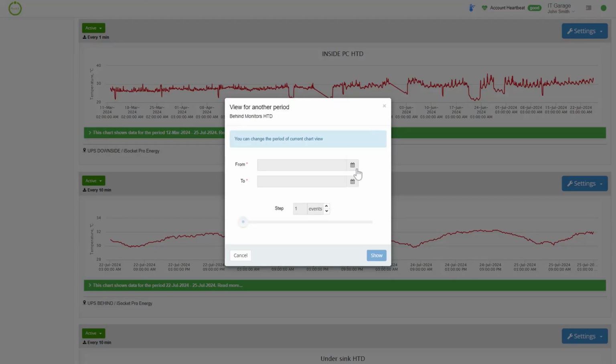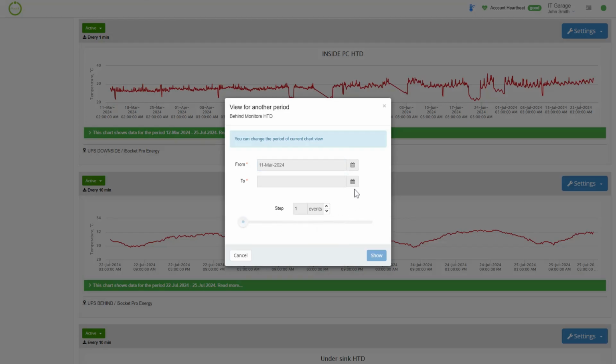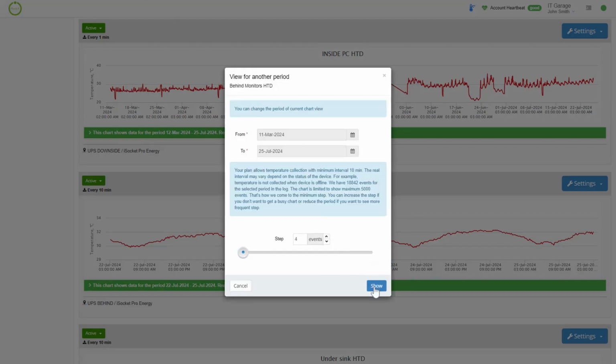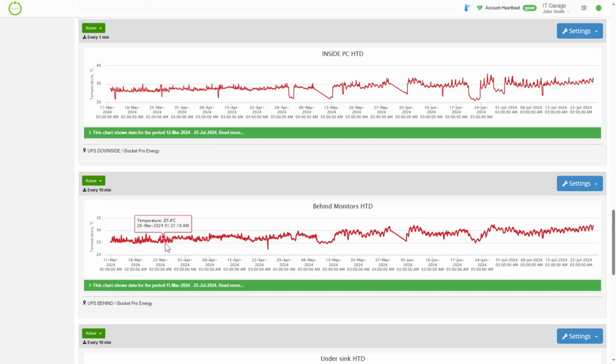Let's also watch for a big period of time. For events, you can see we have fewer points because collecting is happening every 10 minutes. Definitely it was something. Switched off in these days. It's another day. Well, you got the point. Let's go to the next one.